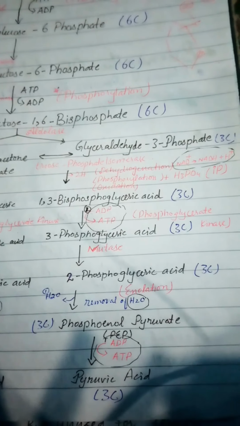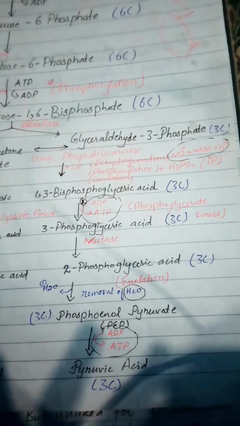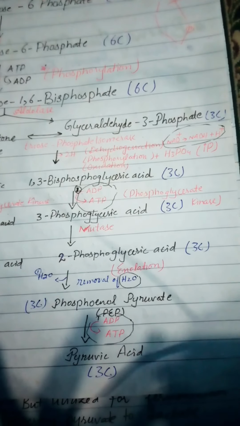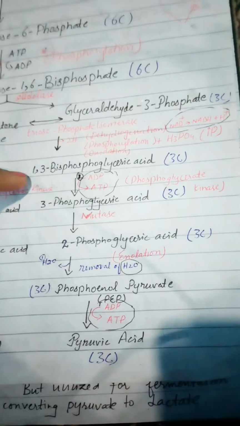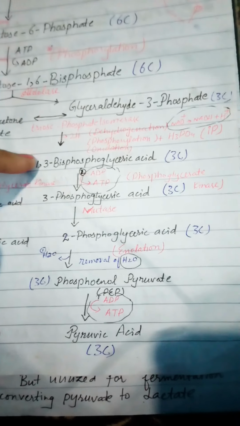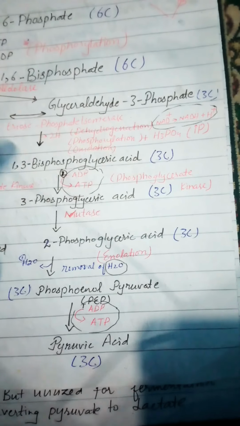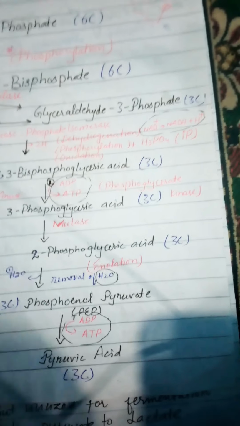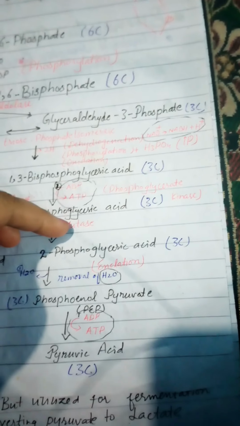In the next step, after the formation of 1,3-bisphosphoglyceric acid, another molecule of ATP will be generated and one phosphate will be removed from our substrate. 1,3-bisphosphoglyceric acid is the substrate on which the enzyme will act, and this enzyme will convert 1,3-bisphosphoglycerate into 3-phosphoglycerate, and the enzyme involved in this kinase reaction is